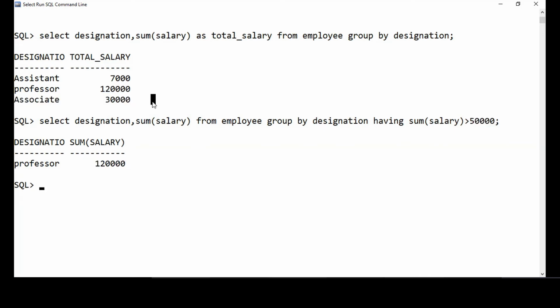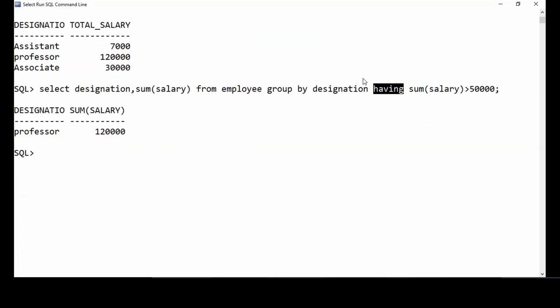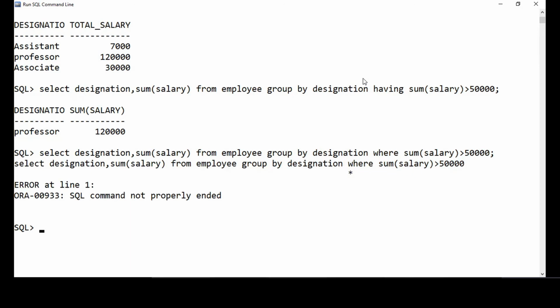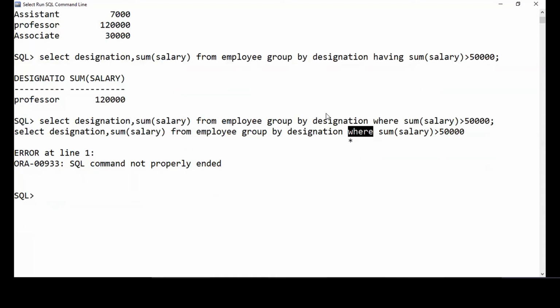So when you're filtering groups, you have to use the having clause. You should not use a where clause. Normally what students do is they will just do where sum of salary is greater than 50,000. This mistake they will do. It'll just give us some weird error, SQL command not properly ended. But the problem here is instead of where you have to be using a having clause, because having is used for filtering groups.